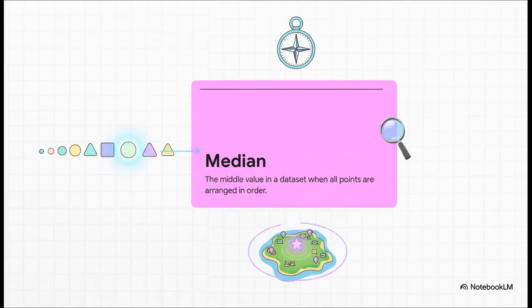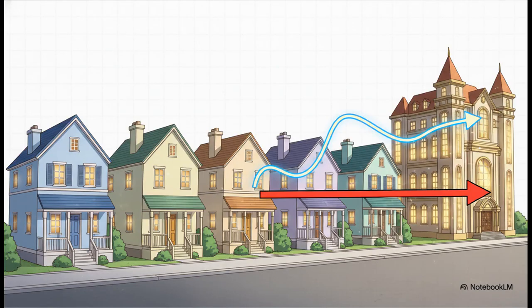All right, tool number 2 is the median. Now, if the mean is the kind of mathematical center, think of the median as the geographical center. It's actually even easier to find. You just line up all your numbers in order, from smallest to biggest, and you pick the one that's sitting smack dab in the middle. But hold on, you might be thinking, why do we need another way to find the middle? And this is where the median is absolutely brilliant. It doesn't get fooled by extreme numbers, what we call outliers.